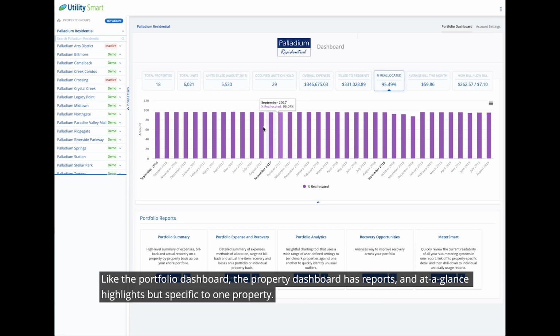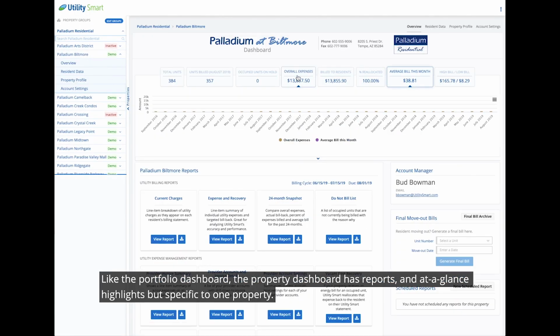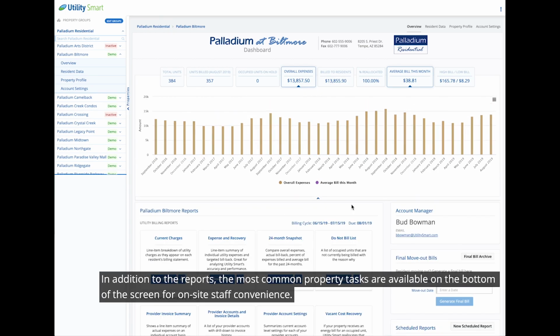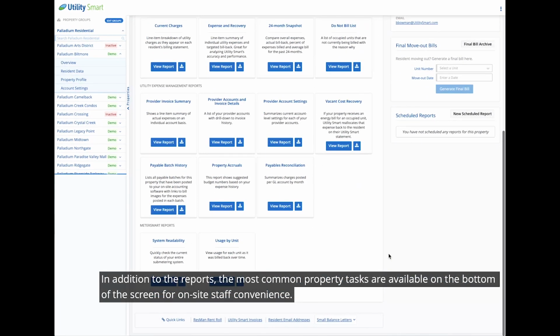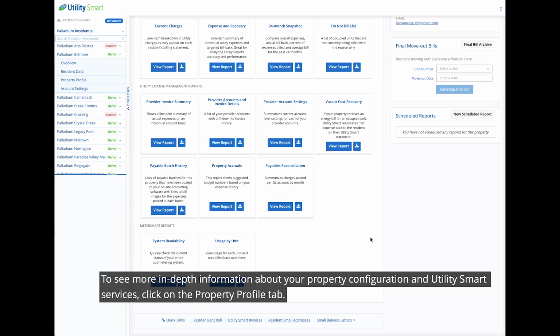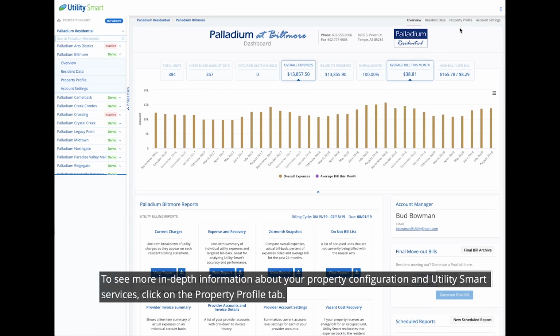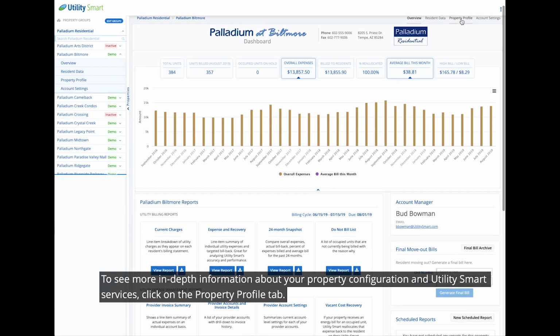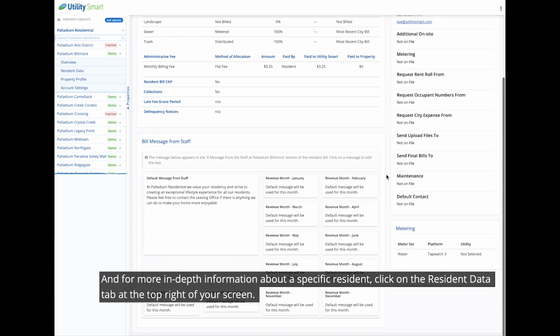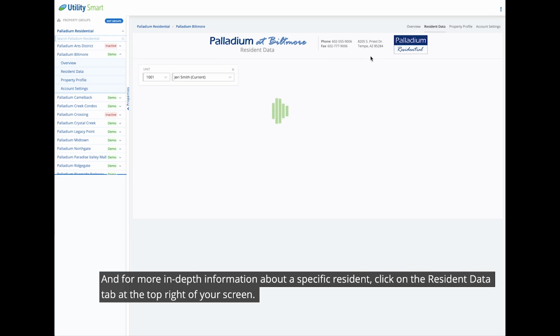Like the portfolio dashboard, the property dashboard has reports and at-a-glance highlights, but specific to one property. In addition to the reports, the most common property tasks are available on the bottom of the screen for on-site staff convenience. To see more in-depth information about your property configuration and utility smart services, click on the Property Profile tab. And for more in-depth information about a specific resident, click on the Resident Data tab at the top right